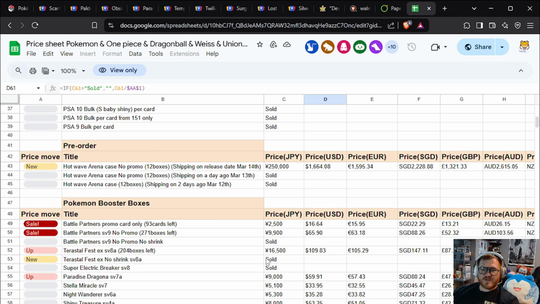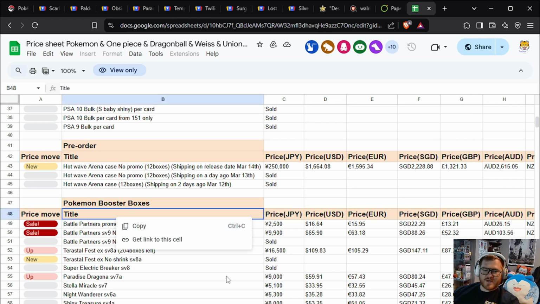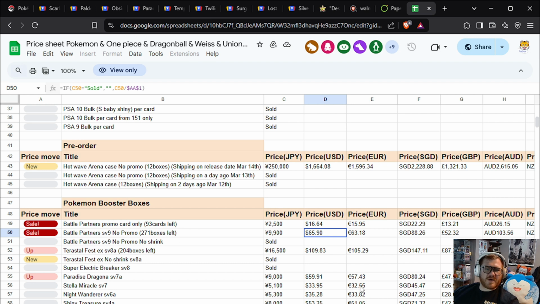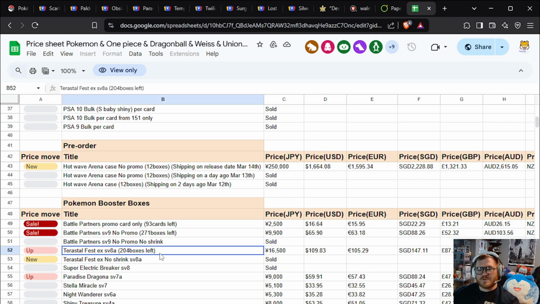And let's go ahead and take a look at stuff like Battle Partners, right? Battle Partners is supposed to retail, MSRP I think is like 50 something. And I understand market changes, it is what it is. 65 bucks. Now, most distributors are around 30 to 35. So we're what, double almost on that. Terrestrial Festival,